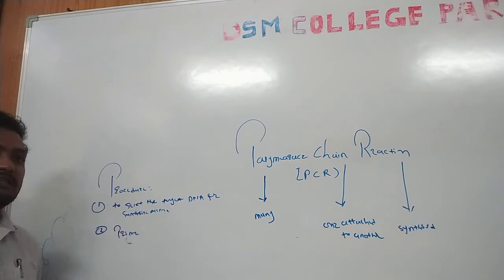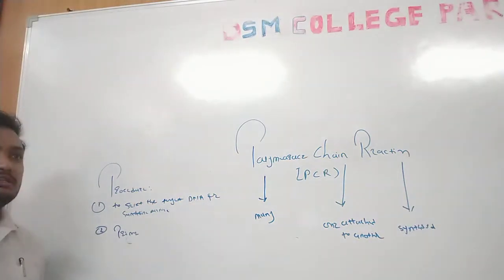For this reason we are using two types of primers, a forward primer and a backward primer. The forward primer is for continuous synthesis of the strand and the backward primer for discontinuous synthesis of the strand. Okay, for this purpose we use two types of primers. Then we add the reaction mixture containing the Tris buffer with the target DNA.